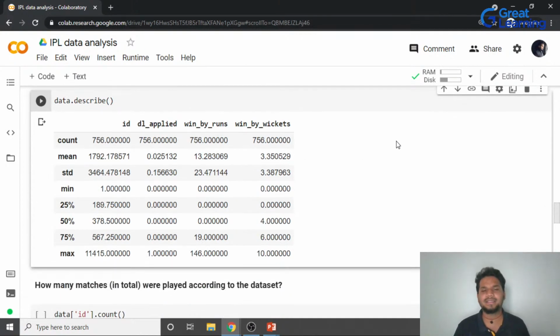First of all, ladies and gentlemen, what is the first thing that we know? There were 756 matches that have been played, right? The count is 756. Now, I want to ask this question: out of the 756 matches played, what was the average win by runs? How many runs was the match won by, basically, across all the 756 matches? And the answer is right here. It's 13.28. This was the average number of runs across the entire data set,